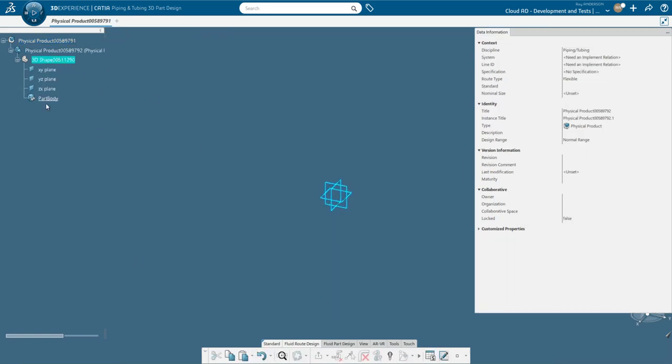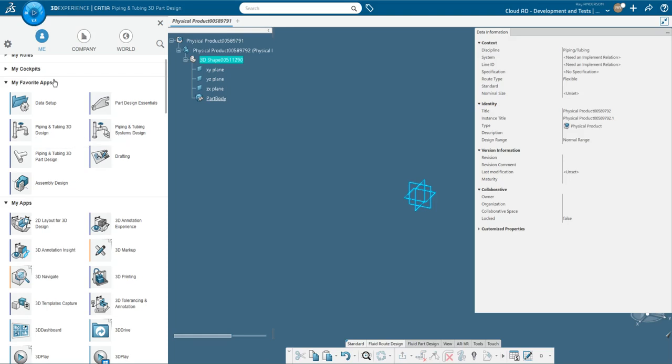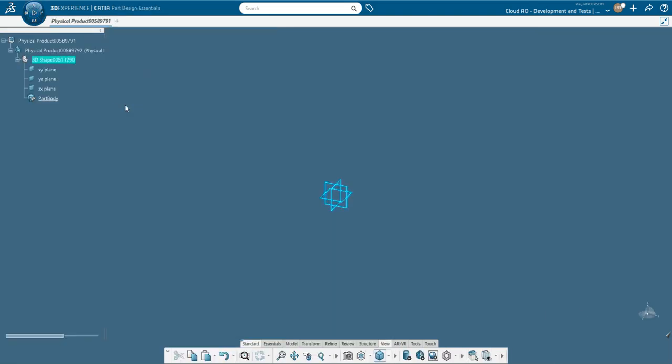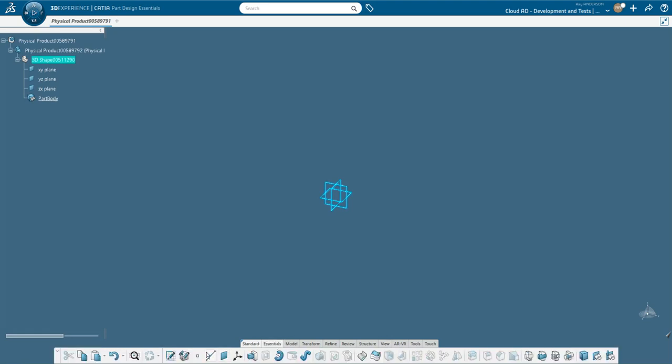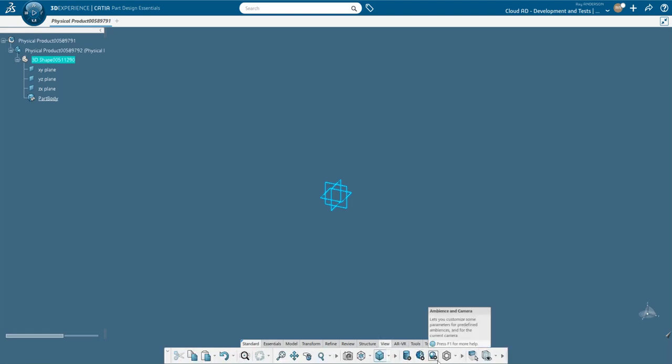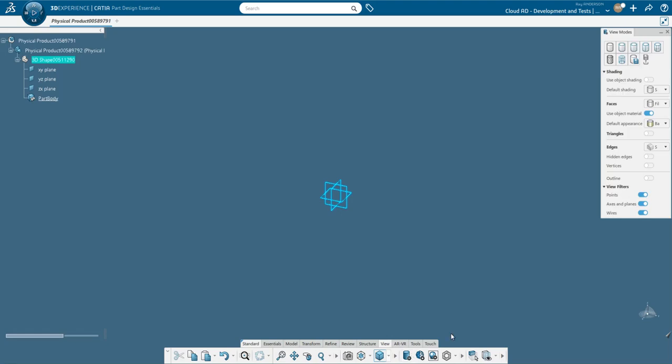We need to be in part design essentials, the shape open, and we'll create a point. Make sure that your points are turned on in your views. In the view modes, make sure you can see points here. And wires if you want those. Okay, so